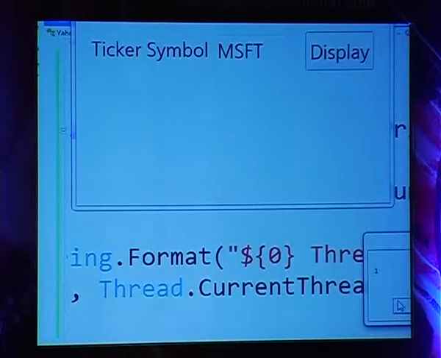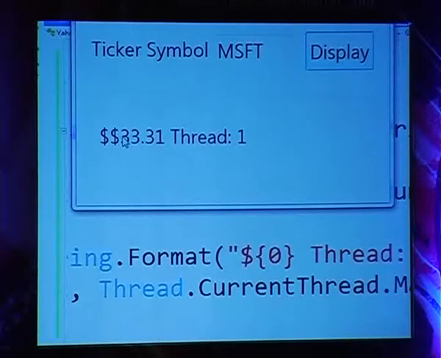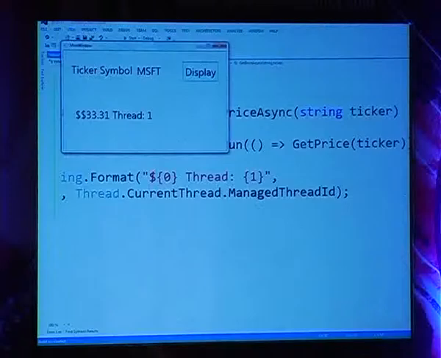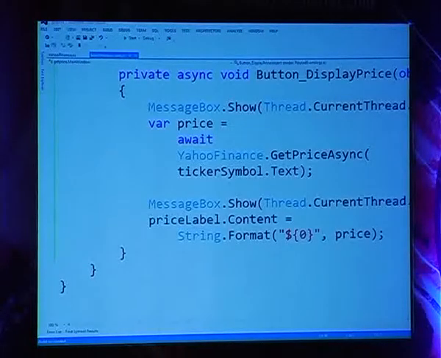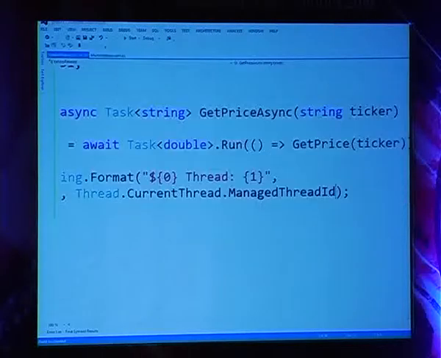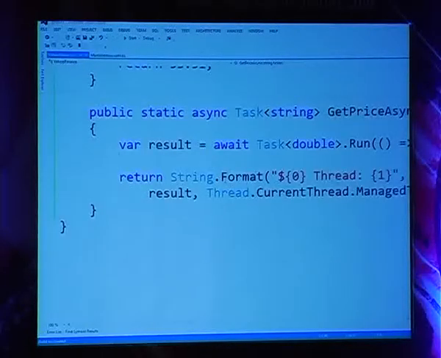But what thread did the code run in? That should be displayed in the text message that we displayed, isn't it? And notice it says 33.31 thread. It still says thread 1. Let's see why it says thread 1. Of course I know why it says thread 1, because I was stupid and sleepy when I was writing this code, right? So notice I looked at where the thread is, and I asked for that right here in this code. No, I don't want to know where the thread is from here, because remember, this is after await. So by mistake I did this, but it shows us something, right? This is even better. So notice what's happening.